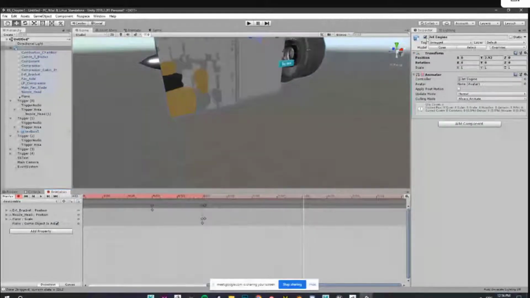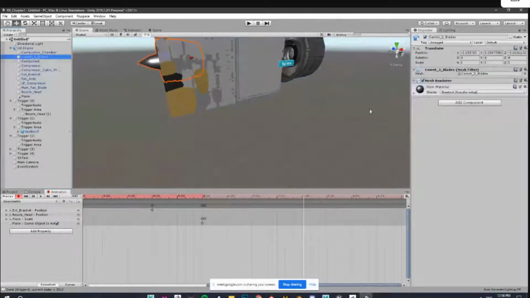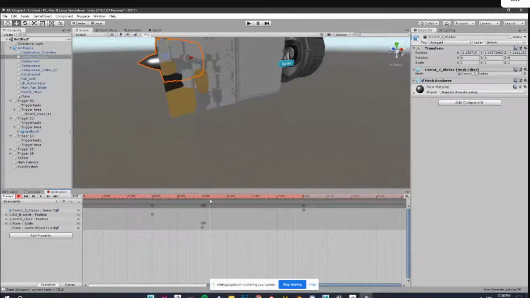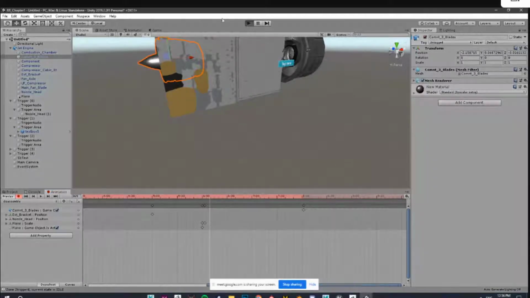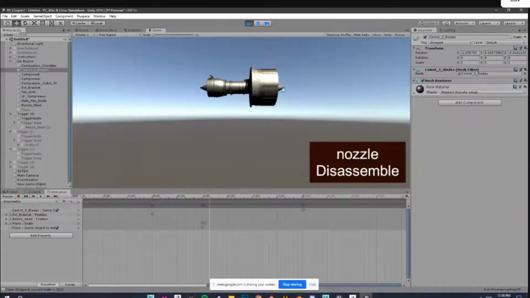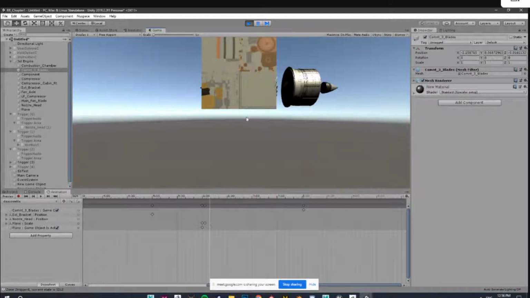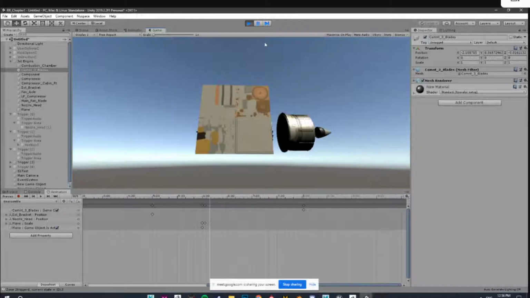pick any keyframe. Let's say this one only. Right? So now our timeline is till here. Okay, so now if we go back and if we do this, now it will stay. It will stay until we click on the other trigger, the next trigger. So this is how that pop-up will come.